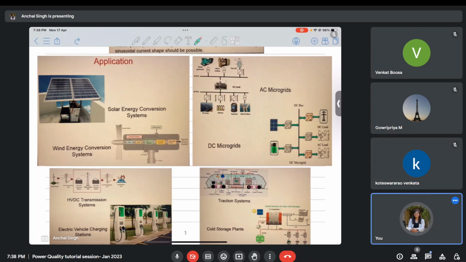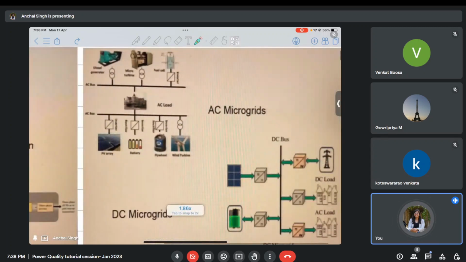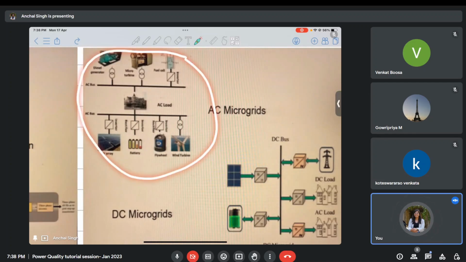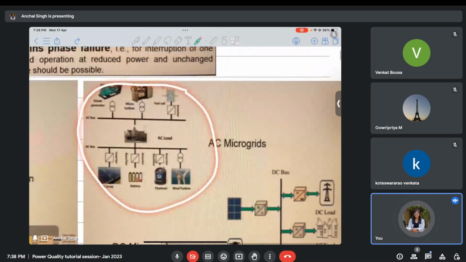They use three phase converters. If on the right you look at this AC microgrid and DC microgrid, then you can see that there are microgrid means small grid which is independent of our electricity grid. So if suppose I am in a village, and in that village I have a solar field. So using that solar field I will obtain my okay, let me say this is a wind field.